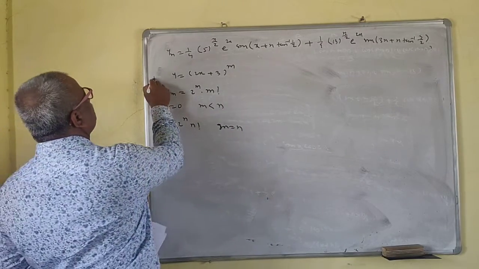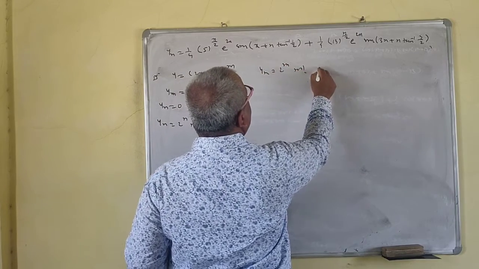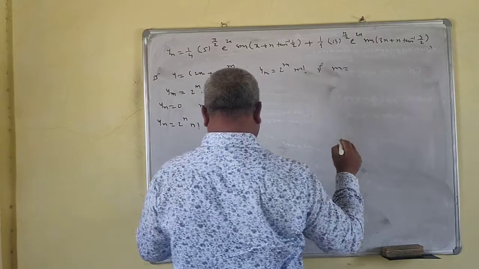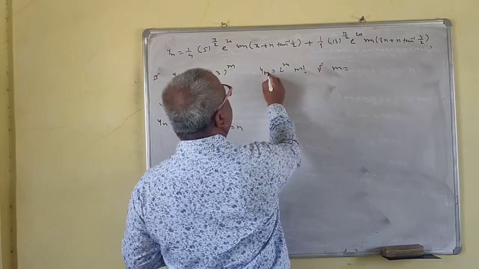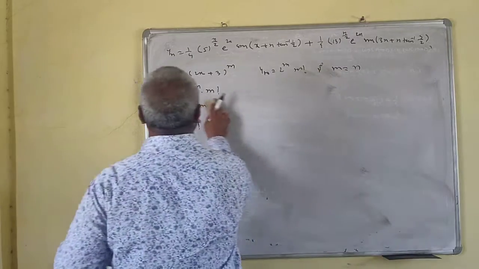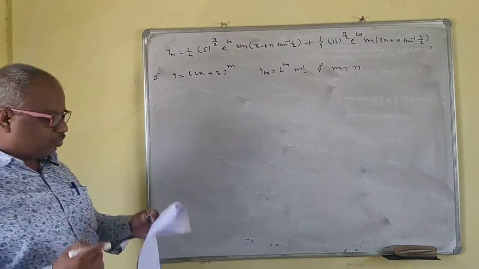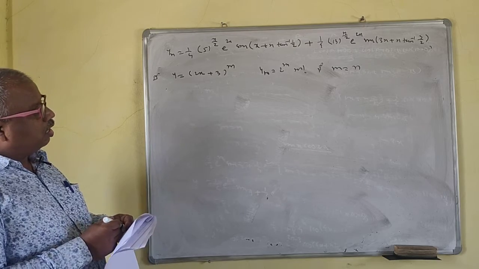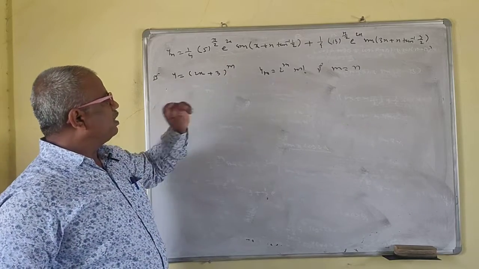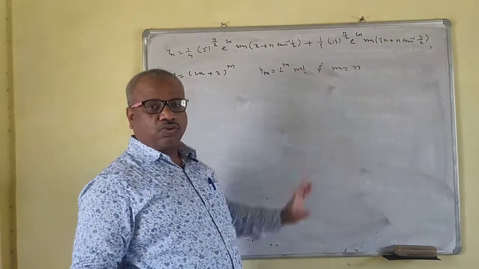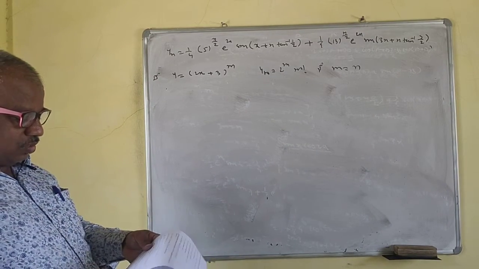Okay, so that means what? If this and yn is equal to 2 raised to m factorial, if m is equal to n, okay, this is yn, okay, this is y. If m is equal to n, note that 2 raised to m, you may write 2 raised to n into n factorial also, or m into 2 raised to m into m factorial, or 2 raised to n into n factorial, doesn't matter this, okay. But m is there, that means you are right in terms of m now. So 2 raised to m factorial, okay. This will be the y. So if m is n, okay. So you know this.